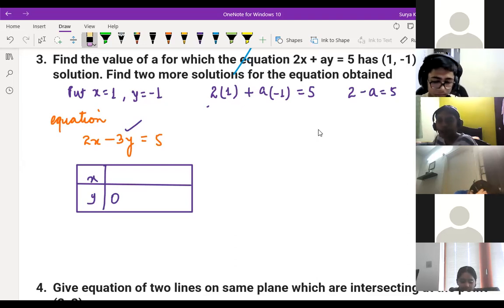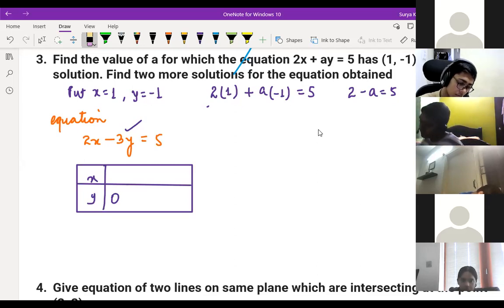No, A will never change. A will be constant only. If x changes, then y will change, not A. So according to A, we have to get a new solution. So x and y have to adjust to different values. Always. So this is the hint given to find the A value only, because this is satisfying the equation, and that must come to 5 only. The A value should be constant.